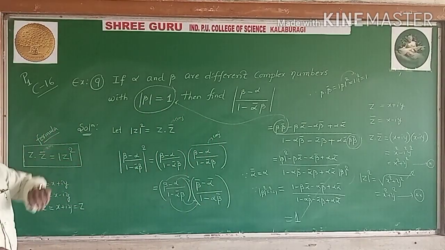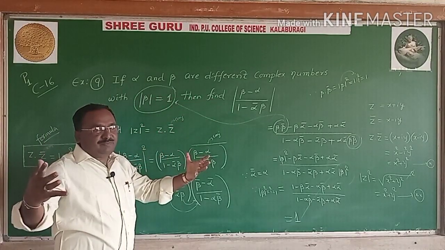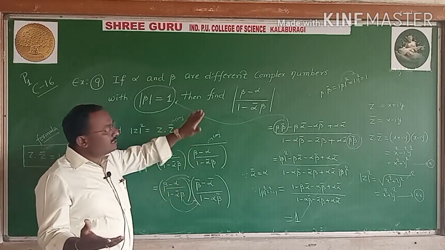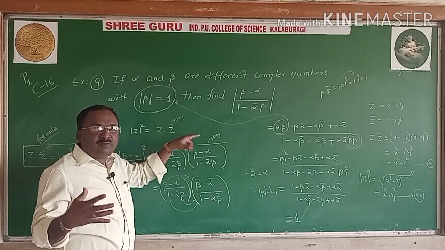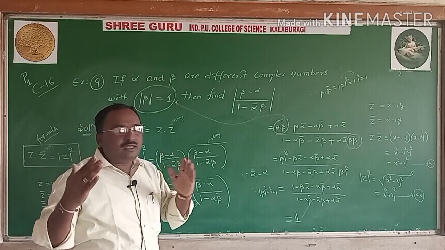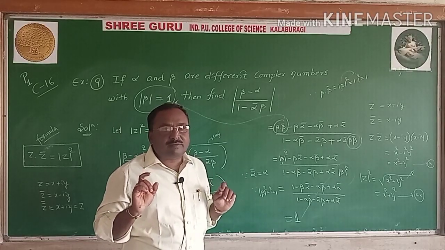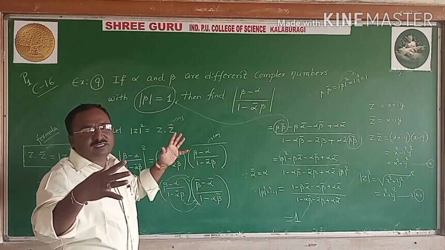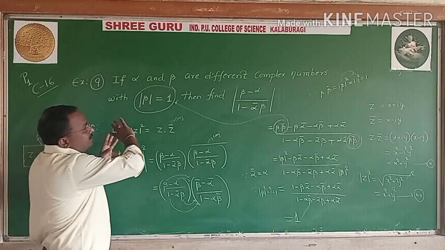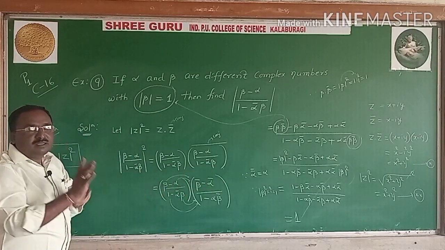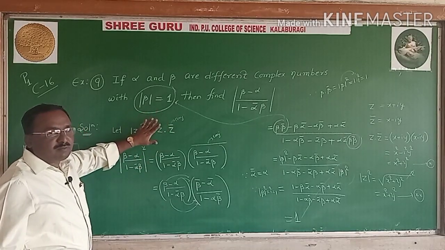Listen here, very important for CT. Alpha and beta are two different complex numbers. In your notes, a different type of method I will explain. This is my own method; in the NCERT textbook a different method is there. This is my own method, very simple and shortest. You write the theory also, marks should be the same. But here, carefully, in your theory the procedure is lengthy. I will use the shortcut method, but marks should be the same.